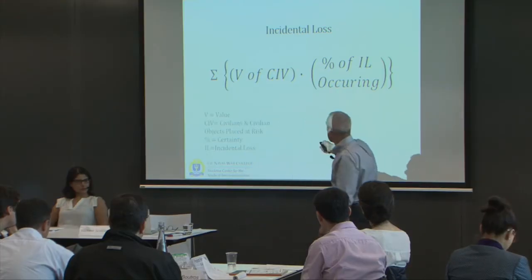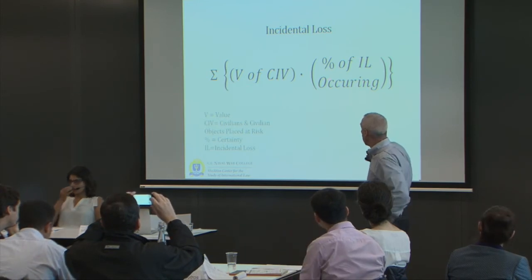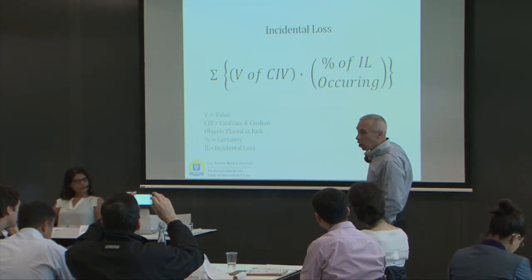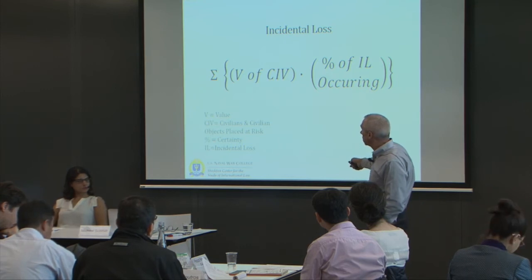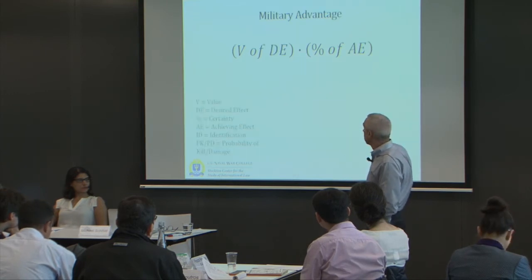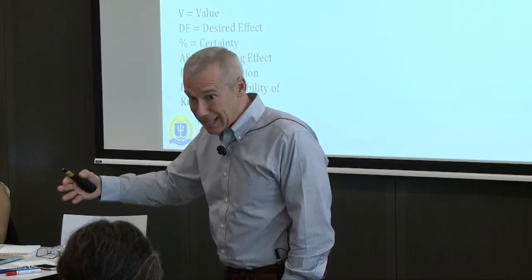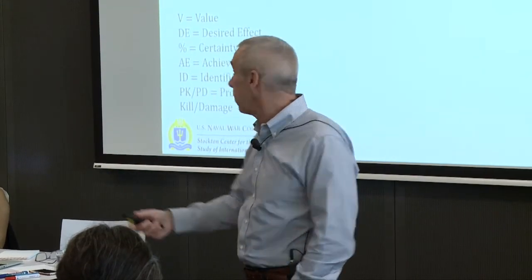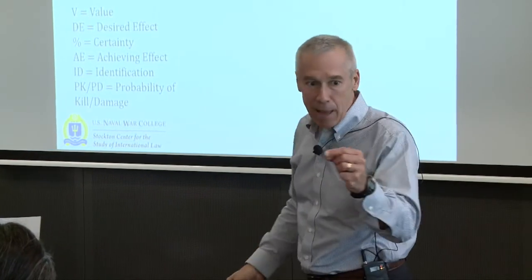So in this case, that individual who is in the outer annulus is one civilian, but because they're distant, the likelihood of harm to them is diminished, so you don't count them as one. And then what you do is you look at all the collateral concerns, you add them up, and that tells you what the incidental loss is that you're going to factor into proportionality analysis. Now the other side is the incidental injury cannot be excessive relative to the military advantage. So again, we look at what we're trying to do, not at the object.